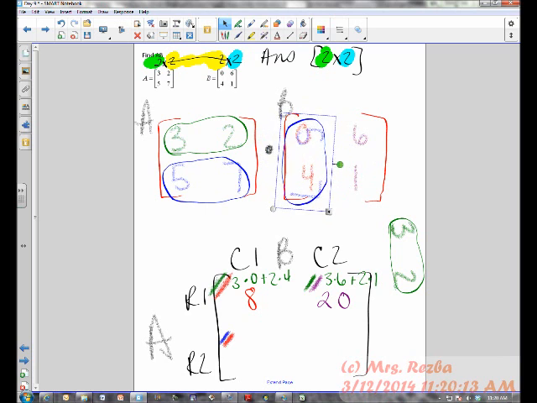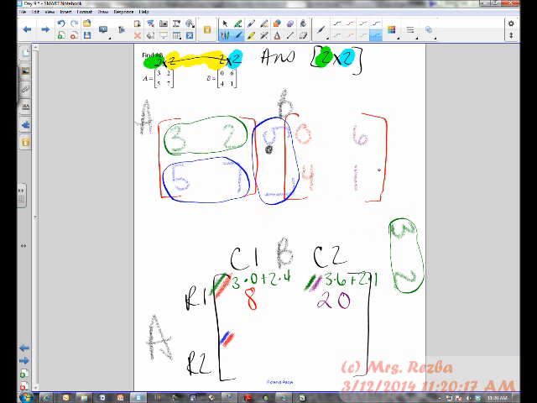So when that happens, we're going to turn upside down again and we're going to multiply. And we're going to have 5 times 0 plus 7 times 4. Well, 5 times 0 plus 7 times 4 is 28. Now, the last thing we have to worry about is row 2, our blue row, visiting column 2, our purple